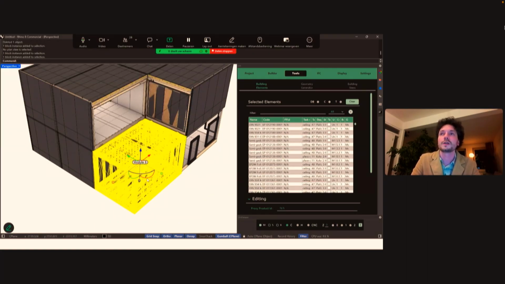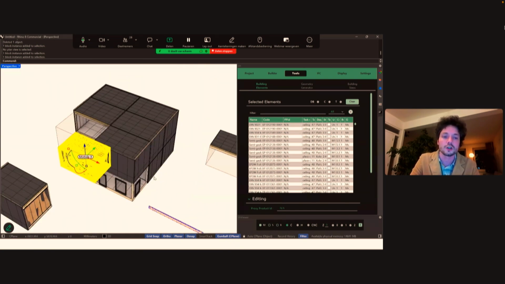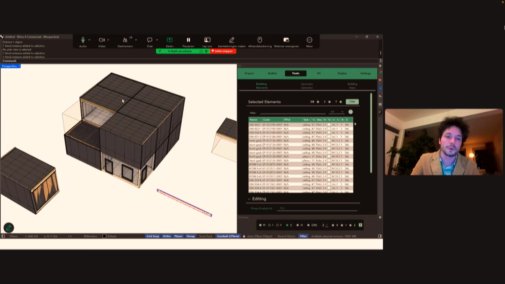And what can happen now is that it can be sent to the factory, which can produce directly from this module. Of course, there are a few more steps, right? We also make some interior walls. We create installations, which takes a little bit more effort than the basic setup.